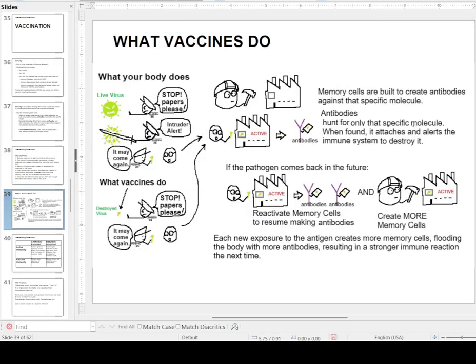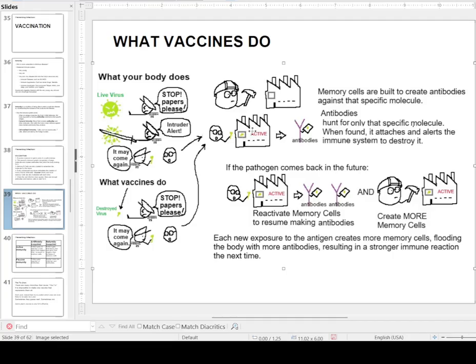For your convenience, I was inspired to make this drawing. So everything I just said is now illustrated a bit. What your body does: a live virus enters the body and your immune system says, stop, papers please. And then the live virus doesn't have the self protein, so it's attacked. And then the pieces are brought over to this nerd, the nerd of your immune system, who then orders construction